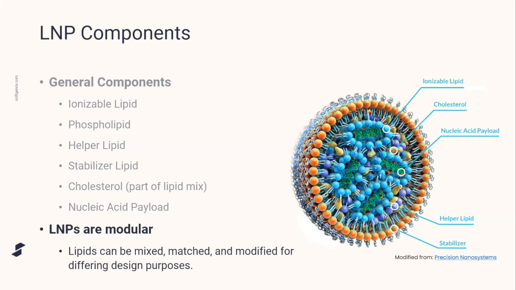As you can imagine, you can have the same components, but adjust how the formulation is made, and it'll result in a very different nanoparticle that may have different characteristics that you're looking for. You could adjust the size, the surface potential, any motifs on the surface of the nanoparticle, all to try to meet your need